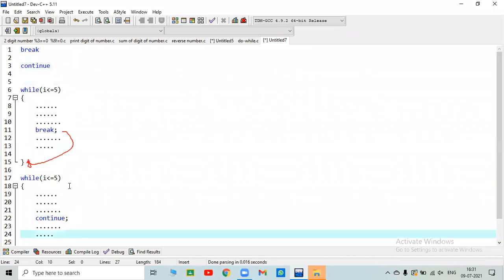So in a loop, when the continue statement is encountered, the control will move directly to the top of the block, no matter if any statements are there after this keyword.